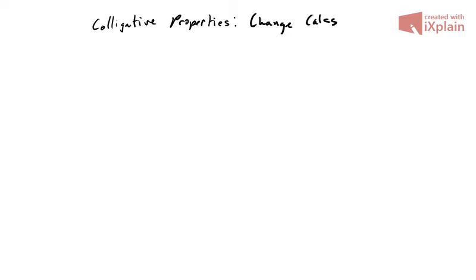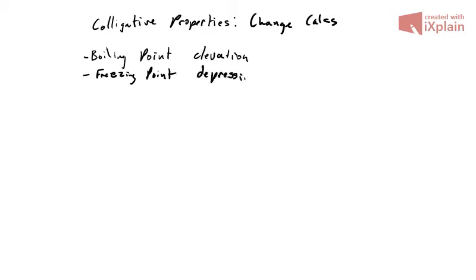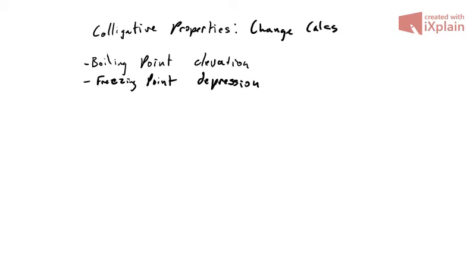Okay, so we're going to be looking at the boiling point elevation and the freezing point depression. Okay, so we know from past videos, from past lessons, when you add a salt plus a solution,